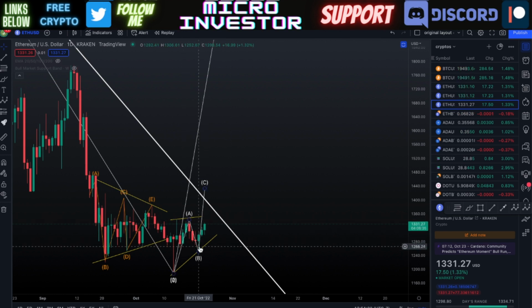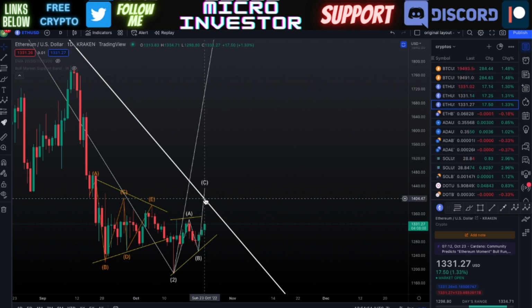So if we're able to pump out of that within this wave, see that we have this corrective wave within this wave 2, and that takes us out of this wedge pattern, that would be a much better scenario. We're not really far from seeing that happen anyways. If we were to continue trading sideways, we'd be there pretty much at the 1st of November. But if we can pump our way out of this, we'd be there a lot sooner. Any day we could even pump out of there today, and that would only need to be at a price of around $1,400.